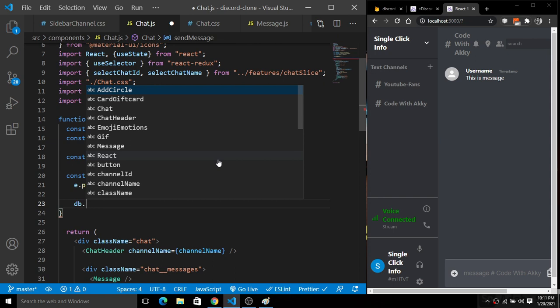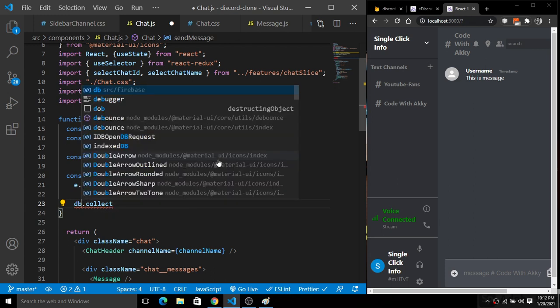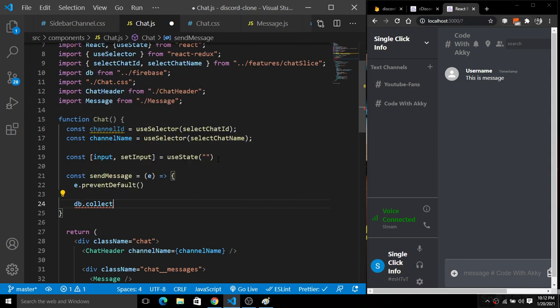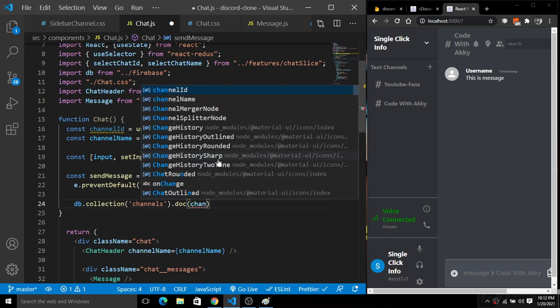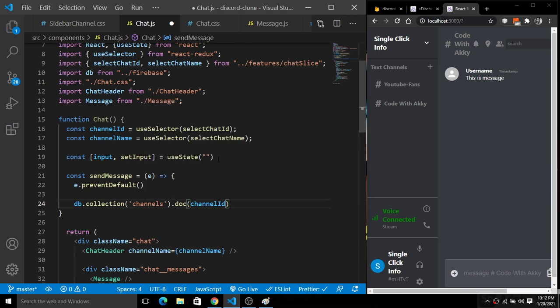So how will we push the data? I'm going to push the data to the database. So we have this db and db.collection. Basically, to use the db, you have to import it from Firebase, so simply import this first of all. Inside of this db collection, we have this channels, and inside of this we have a channel id. For the respective channel, we have the respective channel id. So we have this channel id dot collection. Inside of this, I will create another collection with the name of messages, just like this.